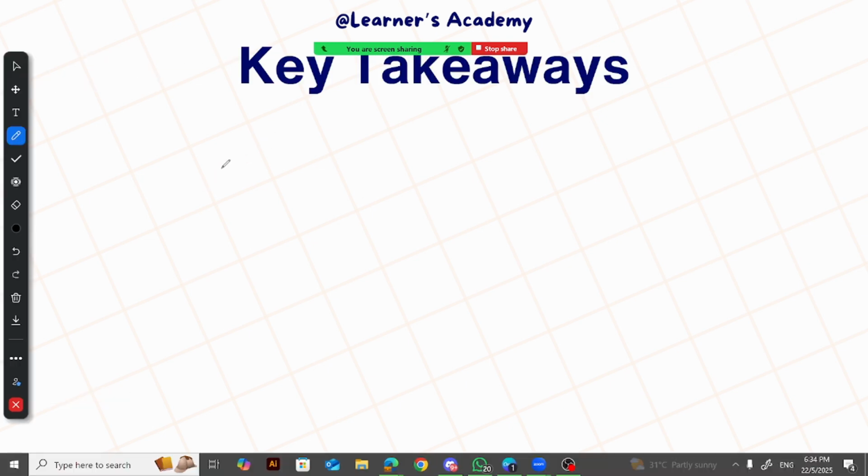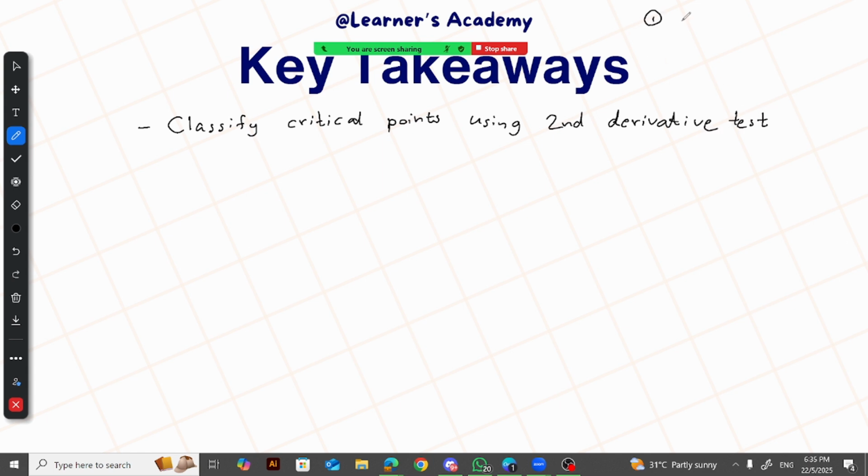What are some key takeaways from this lesson? Alright, so first of all, you need to know how to classify critical points using the second derivative test. Remember the three scenarios that we have: f double prime of x greater than 0, then same goes but f double prime of x less than 0, and then same goes but f double prime of x equals 0. These three scenarios. So you must know how to classify it using the second derivative test, and then the second